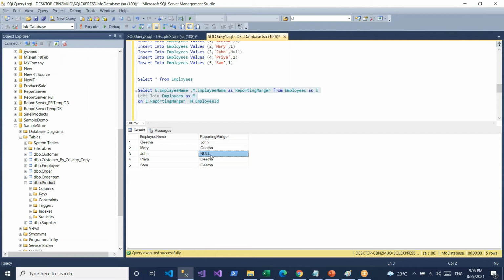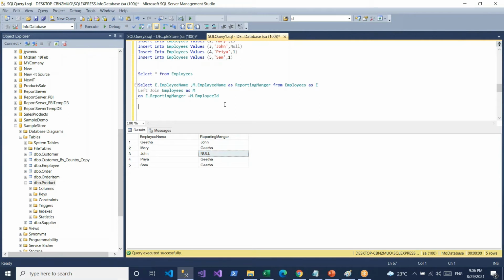Now to replace these null values, we use the ISNULL function. We need to replace the value if we have nulls. If this is a null value, it means he is the top, the head of the company, or head of the college or head of the school. So we assume that. If it is a company, we think he is the CEO. If it is a college, we think he is the principal, like that. So if I make this one a CEO, I need to replace the null value with the ISNULL function.